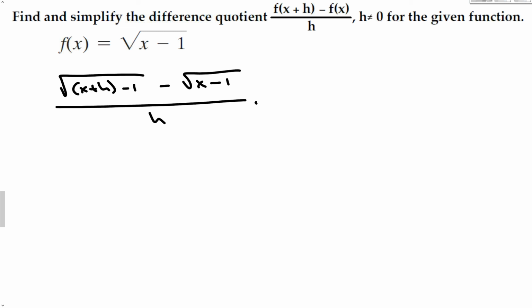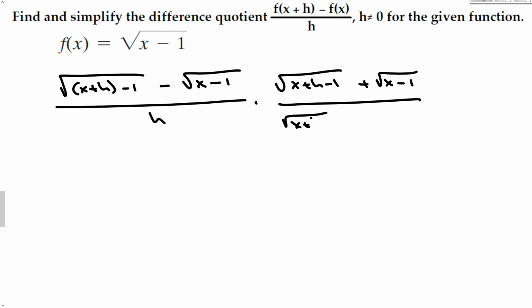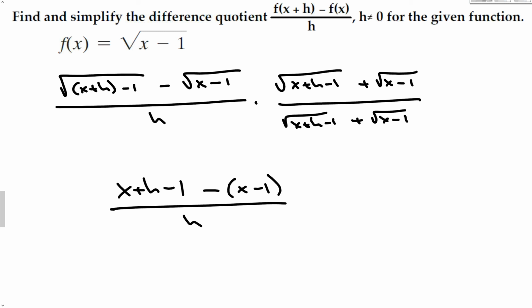because that would just give me a 0 in the denominator and it would be undefined. So what I'm going to do is rationalize the numerator, which we practiced a little bit in an earlier section. Let's multiply the top and the bottom by the conjugate of the top. That gives me the square root of x plus h minus 1 plus the square root of x minus 1, over the same thing. Now, when I FOIL these together, the middle terms are going to cancel out. That's the point of multiplying by the conjugate. And we're left with a radical times a radical, so the radical just goes away. So we're left with x plus h minus 1 minus both of them, x minus 1,